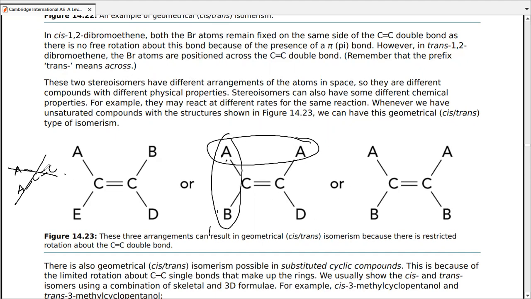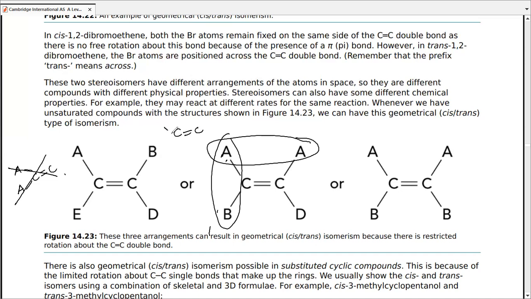If you have two same atoms on the right side or on the complete left hand side, this is not geometrical isomerism at all. This doesn't even stay under the category. Okay, get the point? For example,